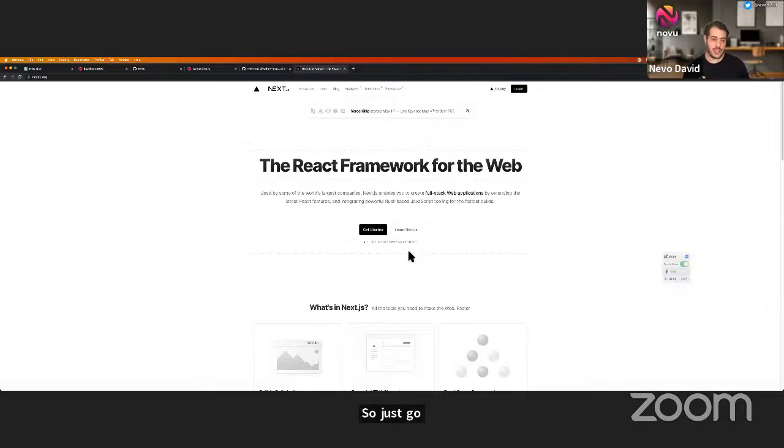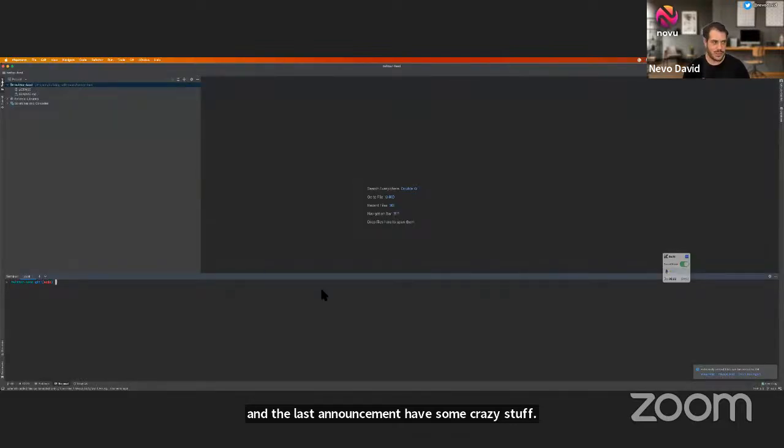Now I'm not going to use Next.js 13. Some of you might have already played with it. It's in a beta version. It has some really cool stuff like server components, and the last announcement have some crazy stuff. We're going to use the old Next with pages and without the app directory. So just if some of you know Next, that's the default also. They also suggest you to do it like that. So I'm going to use the npx create latest, and I'm going to use